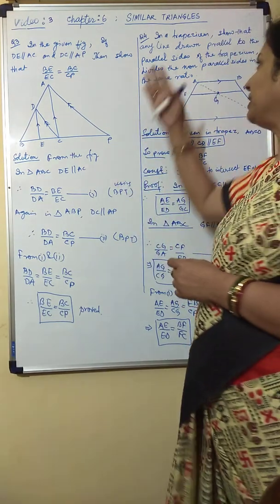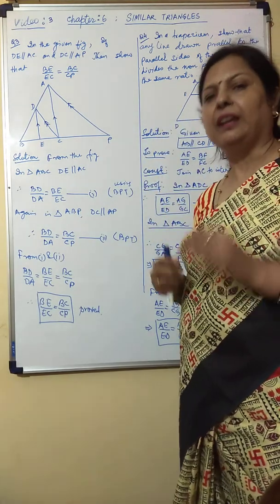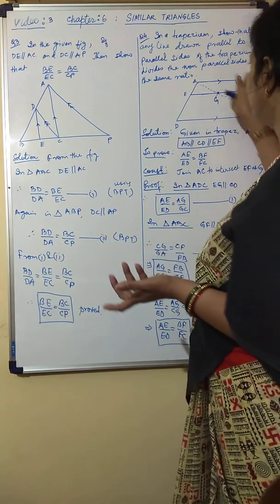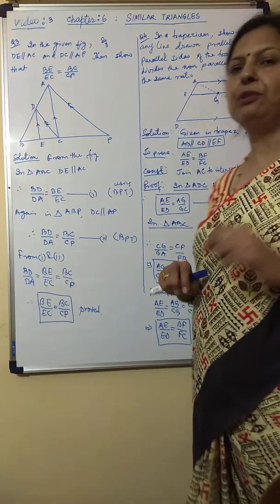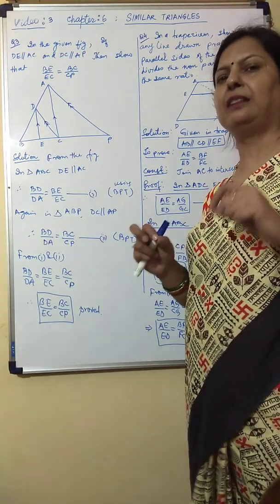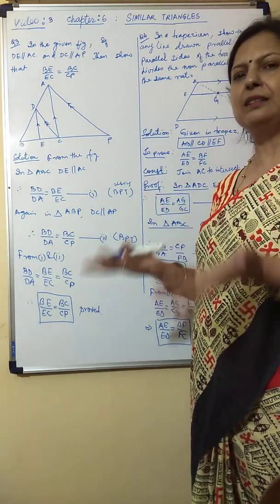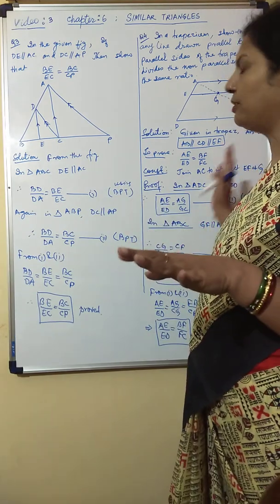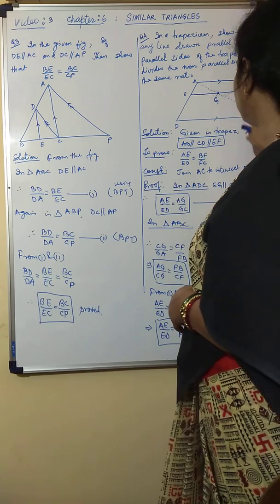The second form of putting this question is, instead of writing this, they will write, in a trapezium ABCD, a line EF is drawn parallel to the sides AB or parallel to CD. Now you have to understand that if a line is drawn parallel to any one side of the trapezium, it automatically becomes parallel to the third side, because you have already studied the property, I need not discuss it here. So then you have to prove that AE by ED is equal to BF by FC.